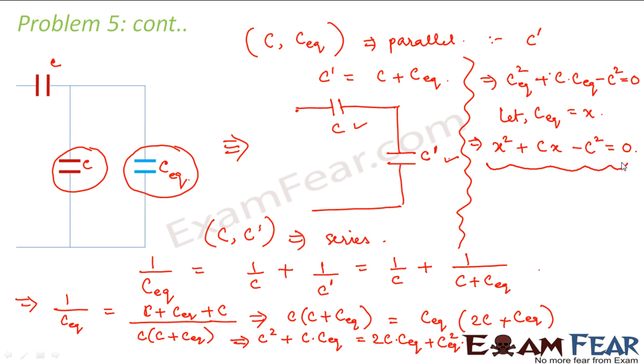So this is nothing but your simple quadratic equation of the form ax square plus bx plus c is equal to 0, where x is equal to minus b plus minus root over b square minus 4ac divided by 2a. So using this, you can calculate the value of x, and x is nothing but C equivalent, that is the equivalent capacitance of the circuit, right? So this is the approach which we will follow when we have to calculate the equivalent capacitance of an infinite circuit with the same pattern repeating itself over and again.